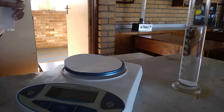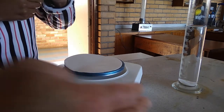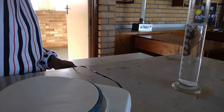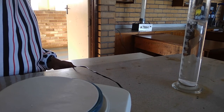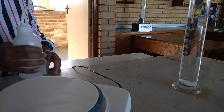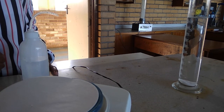So what is that thing called, folks? Wash bottle. A wash bottle. Now start squeezing water into there. We'll just take this, we switch it off and we take it a bit out the way. Now he's going to squeeze water, and I want you to get down low and squeeze in drops till it just touches the top mark. Now Jared, just before you get to the top, when you have your measuring cylinder, and it looks like this, you're going